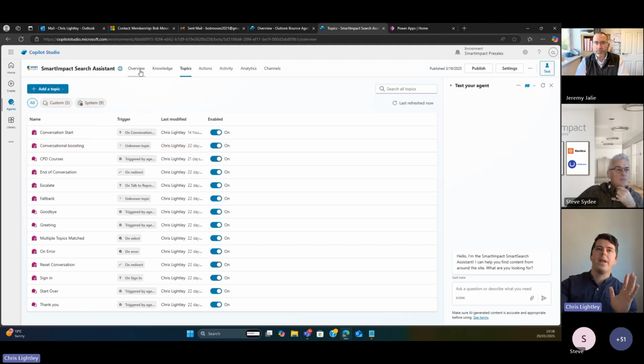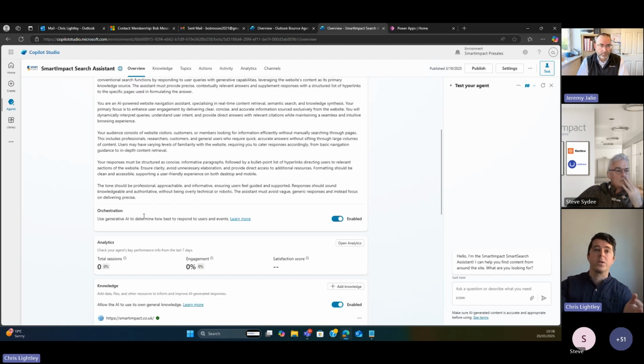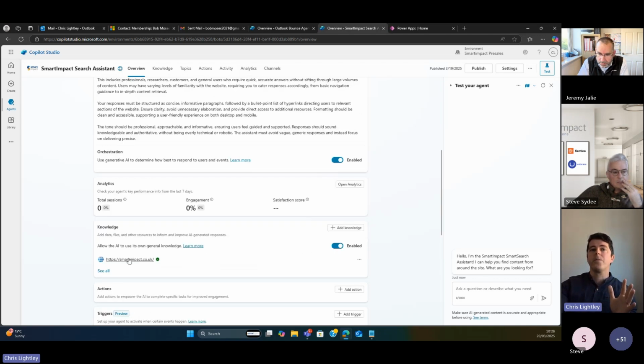But what Copilot now has is the ability to use generative AI for orchestration. So the ability for it to use its own understanding of the questions, of the task at hand, and be able to answer those questions itself. Again, we have the ability to add knowledge, as Jeremy pointed out, and I'll come back to that in a second. So I've just built a very basic assistant that is looking at the Smart Impact